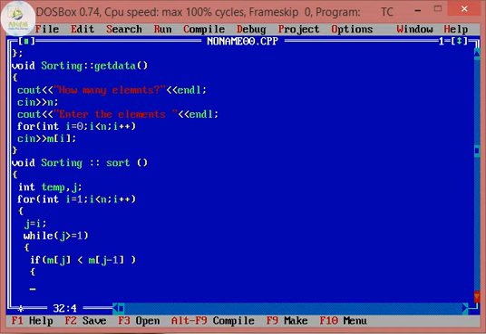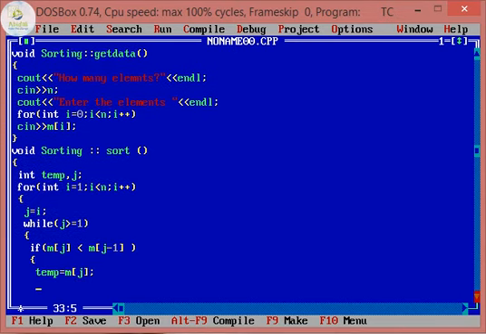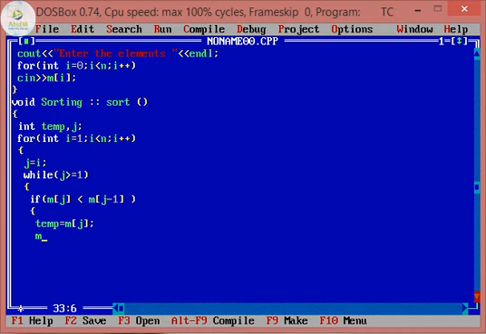If it happens to be lesser value, then the swapping or interchanging will be done. temp = m[j], that is temp is of the same type. m[j] = m[j-1]; m[j-1] = temp, that is the temporary variable which we have stored.